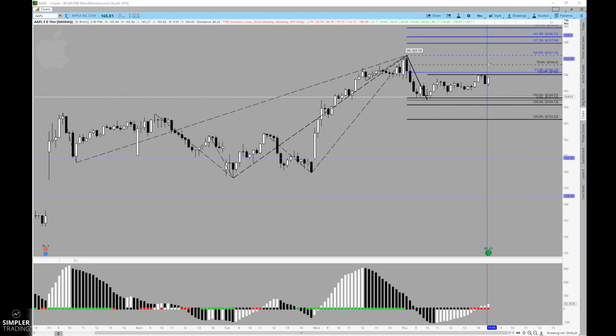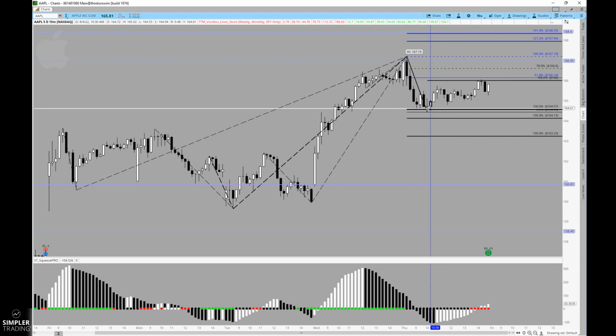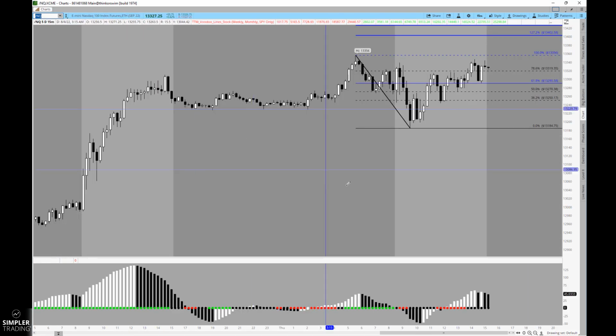So if Apple can open up tomorrow above 166, it actually sets the stage for higher prices. I'll say again, action below 164.5, give or take, I'm probably going to have to step back from this idea and it may not give me a trade opportunity. But if that does hold, I believe it will coincide with a plan that sees the NASDAQ into about 13,460.